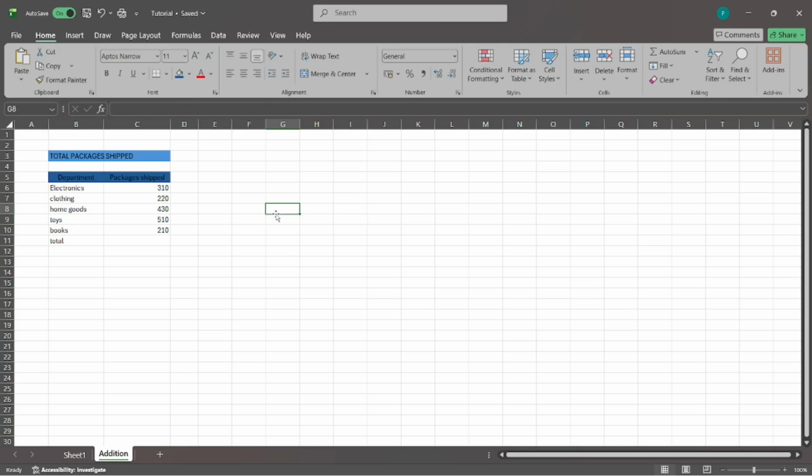For this section, we are going to temporarily move away from the monthly budget spreadsheet and open a different workbook for practice. We will begin with the addition worksheet. In this worksheet, there is a small table containing a department column and another column labeled packages shipped. The goal is to calculate the total number of packages shipped by adding together all the values in the list. Click inside of